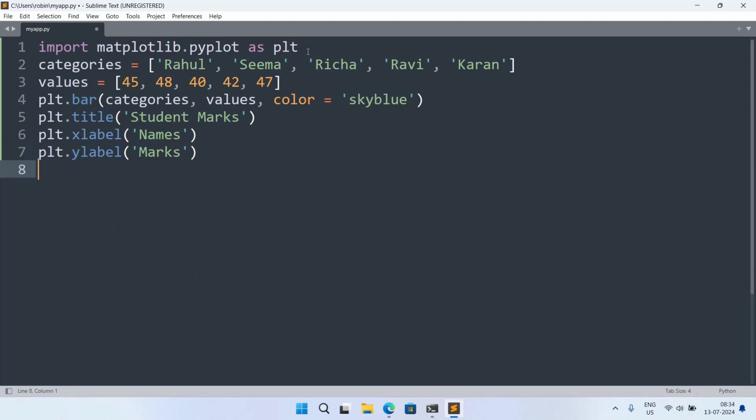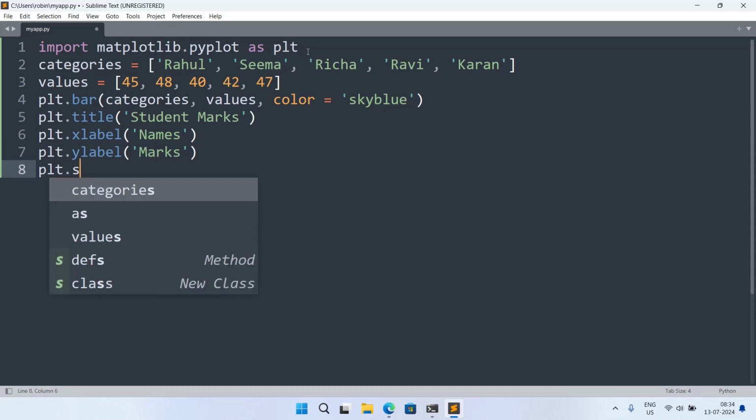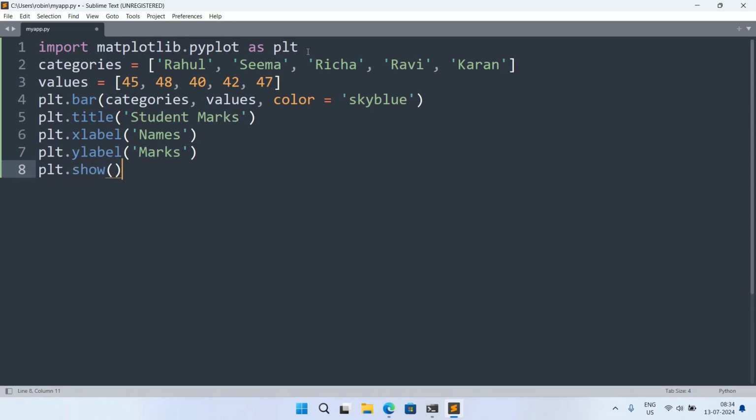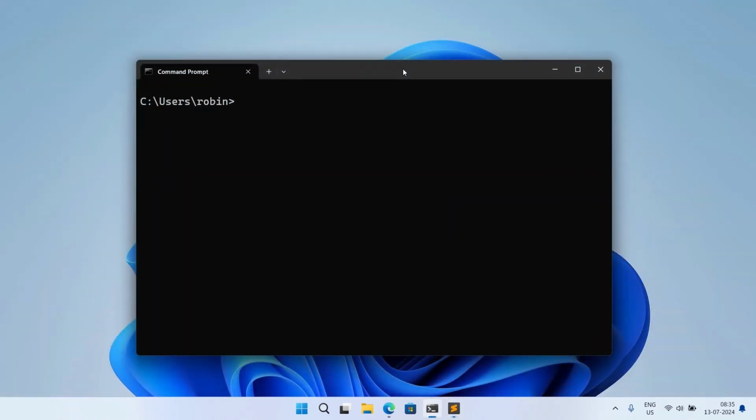And once we have finished giving the labels, now we can show the chart. So we can write plt.show. And our program is complete. Let's check the output. So to execute the program, we will type python and we will provide the file name. So myapp.py